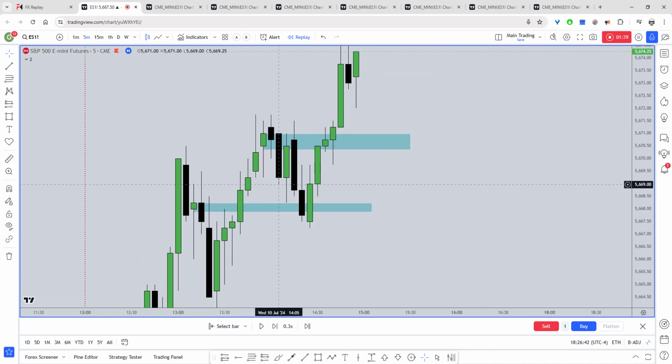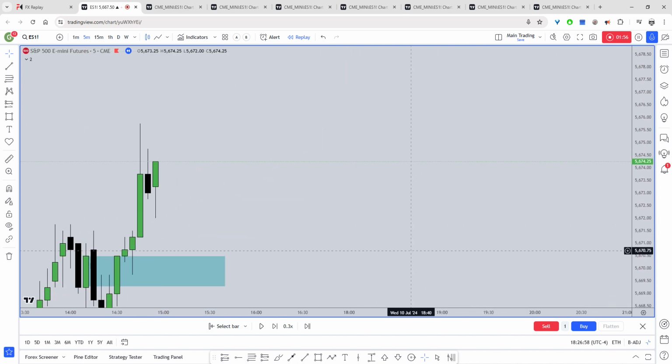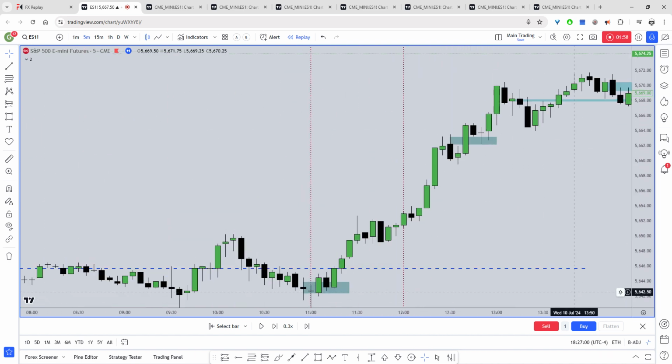You have this intermediary low, then price breaks that low, comes back up. The highest candle in that leg that had the sweep, that's the one you enter after price breaks that market structural, and then price continued higher. So on the 1 minute,